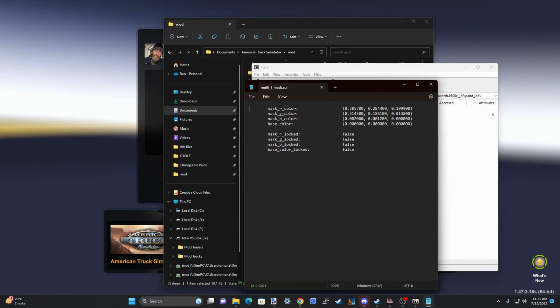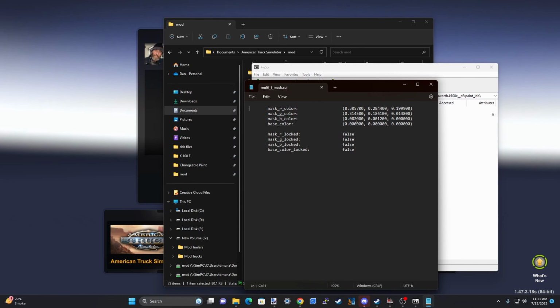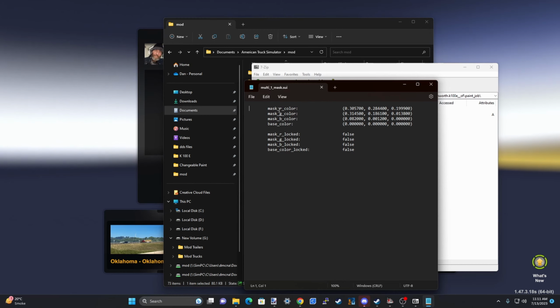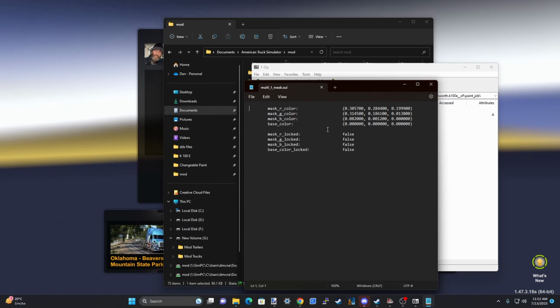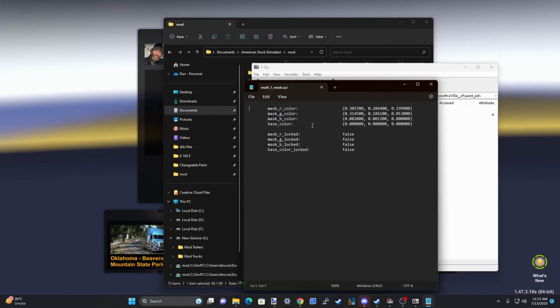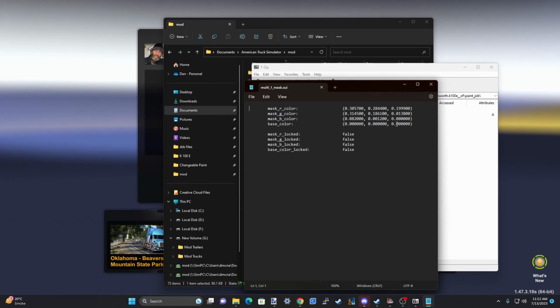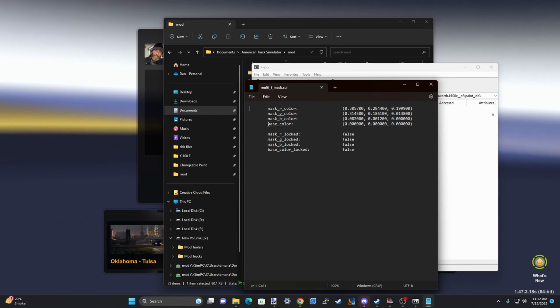And so we just put in these colors that we had here: the red, the green, the blue, and make sure you put them in the right place. We added base color, and so what you can do, that's not going to be there by default. If it isn't, what you can do is